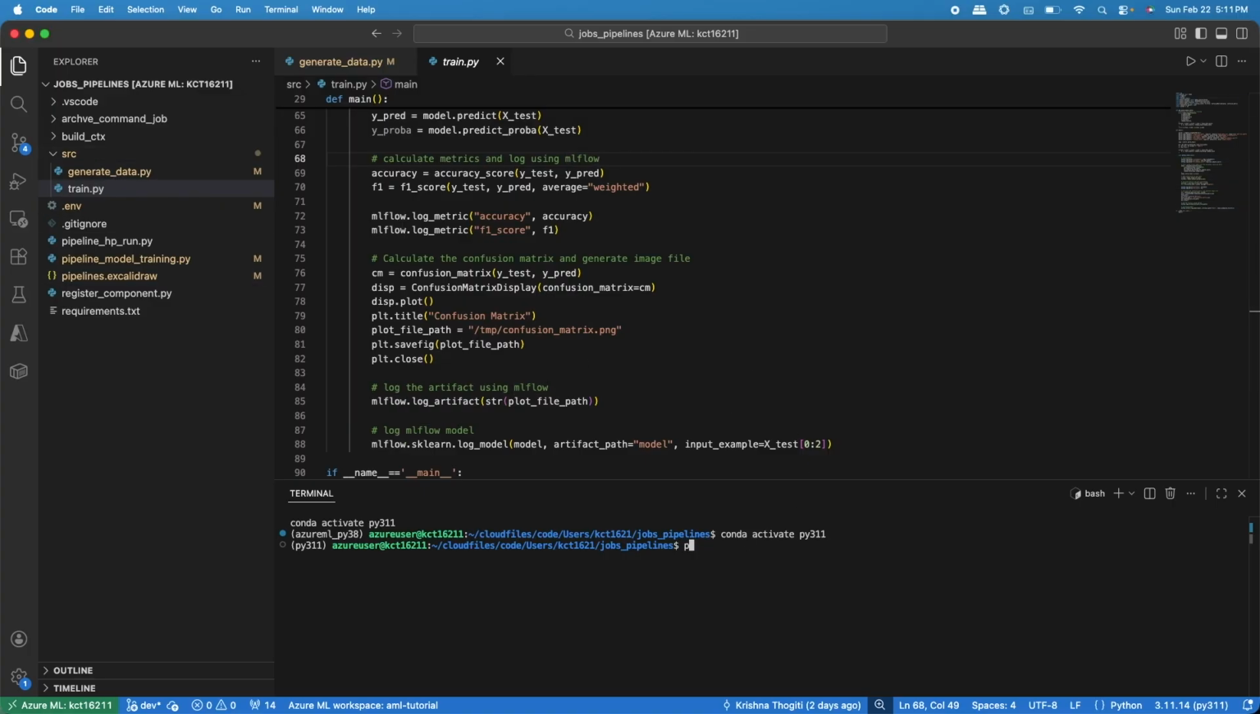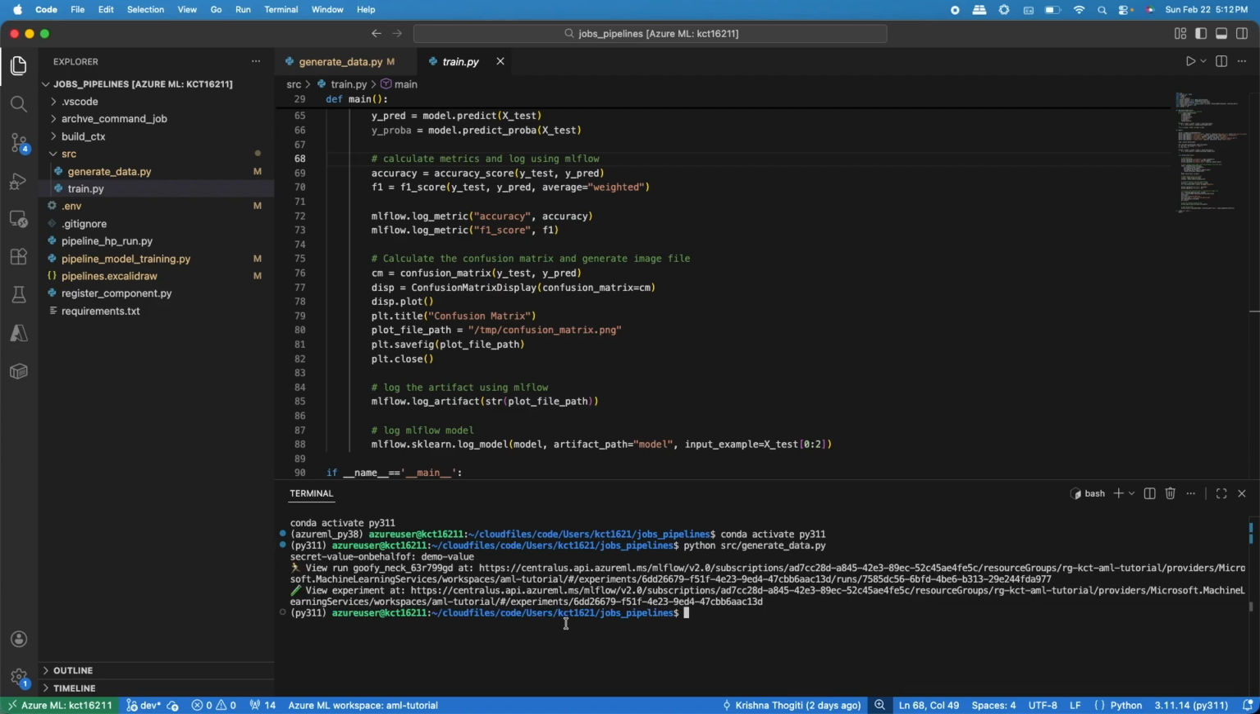Okay, so if I run the generate data Python module, right? I should be able to generate a CSV file with the dummy data set. So it finished running, and you can see the secret value. So I'm able to connect to the key vault using my credentials, and then I have the experiment run as